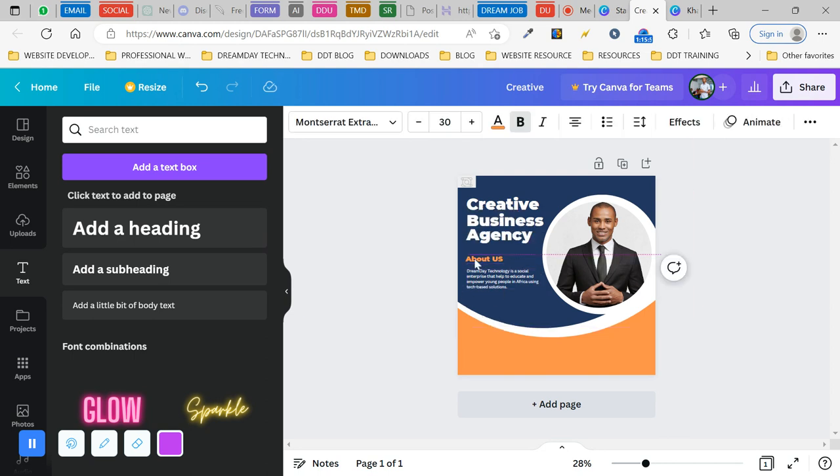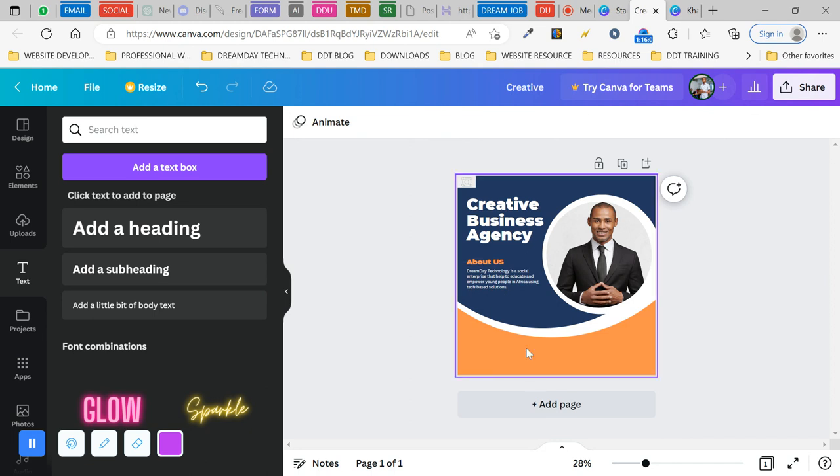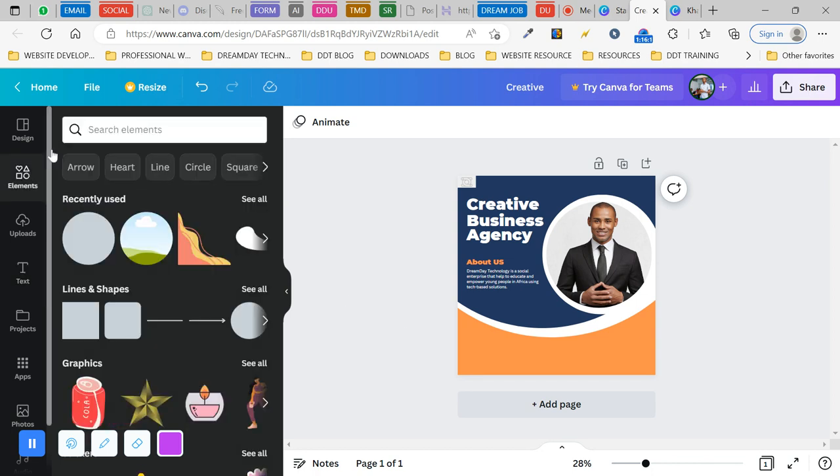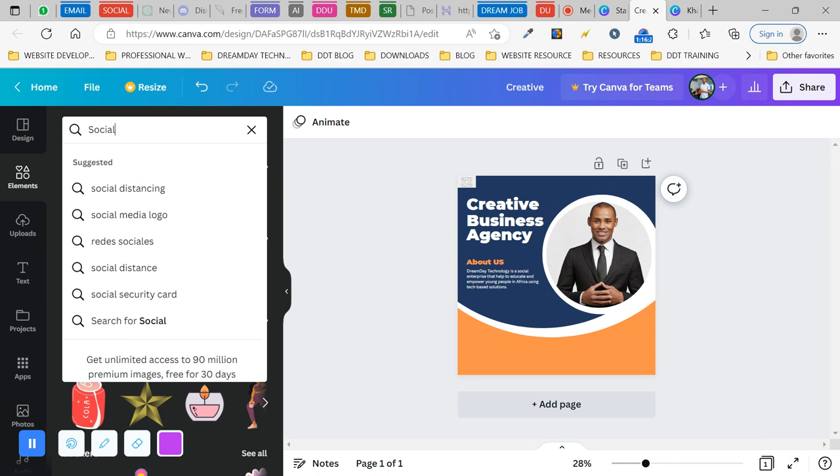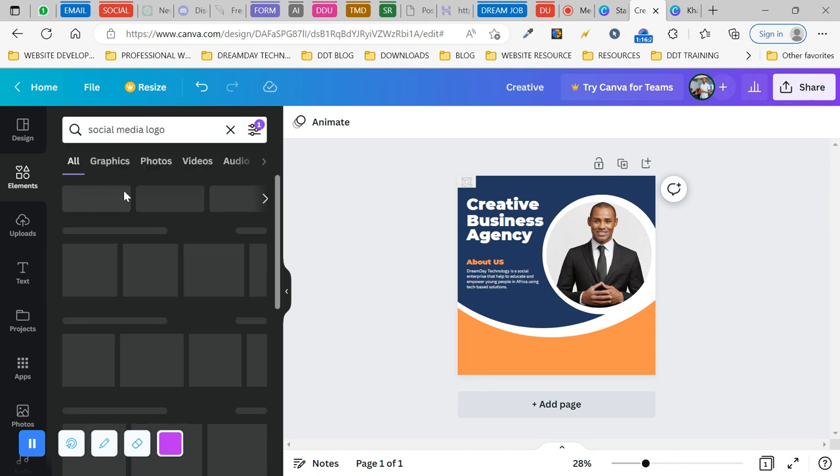So now, guys, this is another logical design. So now what you can do down here, you can add your phone number, you can add your address, you can add your social media links. And so let's add the social media links. We have not done anything concerning social media links. So if you go to elements and search for social media logo,